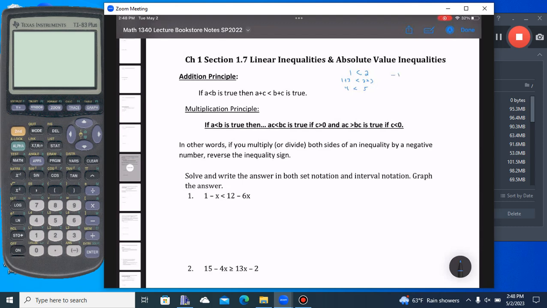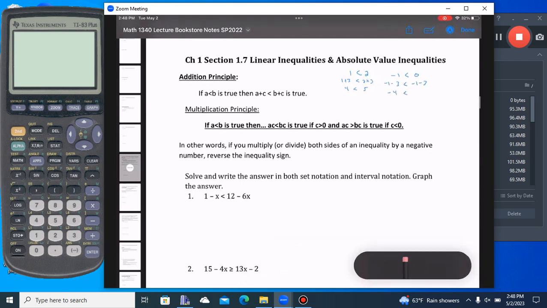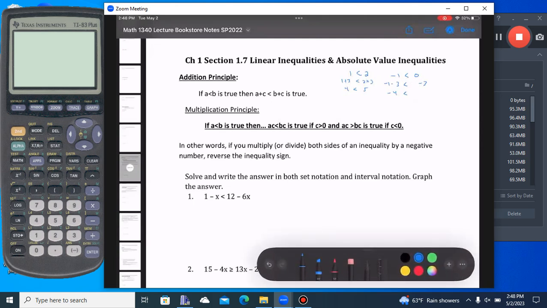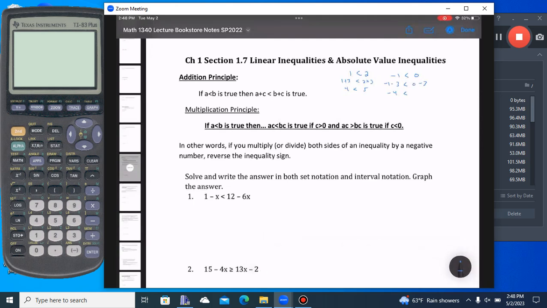Negative 1 is less than 0. If we subtract 3 from both sides, negative 1 minus 3 gives negative 4, and the other side is 0 minus 3, which is negative 3. Negative 4 is less than negative 3, and that is true. And then the multiplication principle is if A is less than B, and we are multiplying